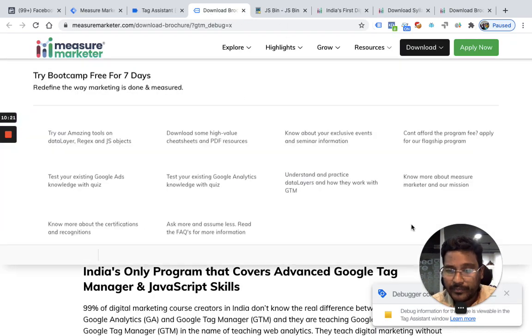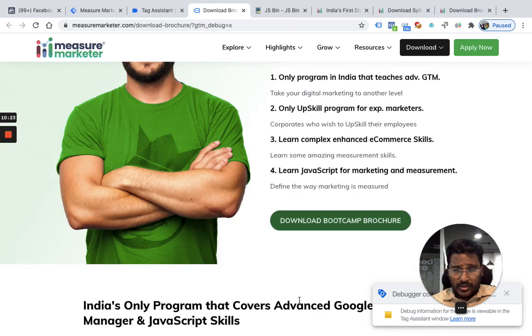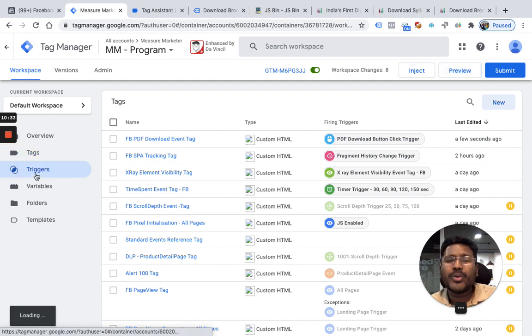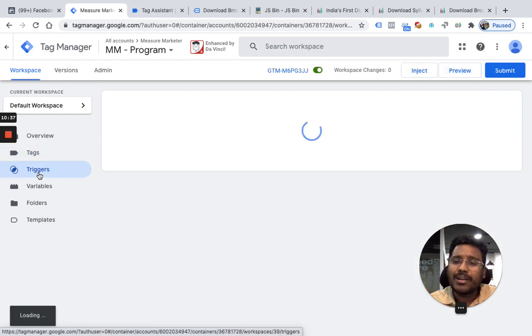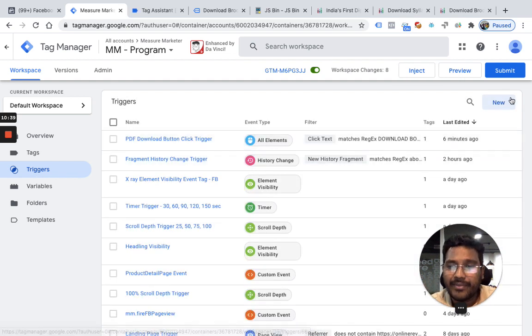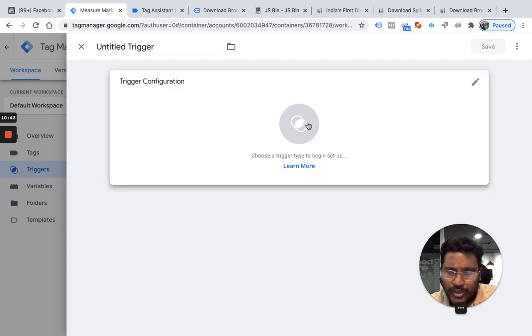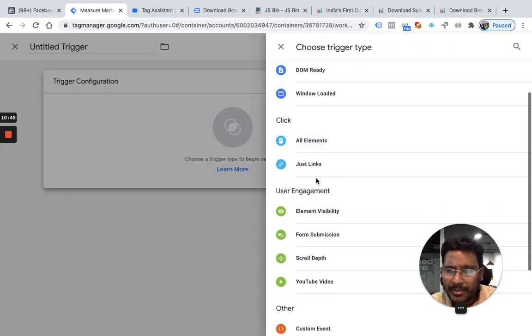This is how you do it. Or you can even use some conditions, like whenever people click on a URL. I'll give you one other example. Here I'm using a trigger on click text, or you can use a trigger condition with regular expressions when the click URL contains .pdf at the end. I can use click text because click text is easy, so I am showing you this method, or if you want to go with another method, you can simply go